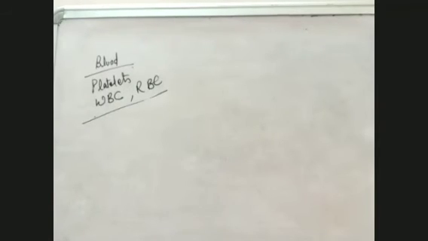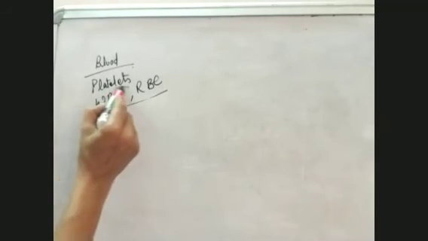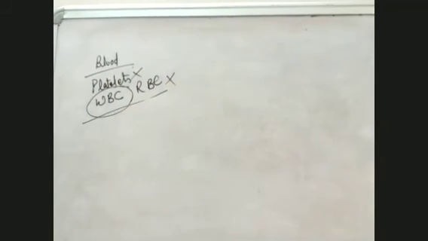Yes. Why WBCs? Why not RBCs and why not platelets? It has nucleus. Yes, because only WBCs have nucleus. They do not have nucleus. And DNA can be obtained from the nucleus. So only WBCs have nucleus, and from the nucleus we will obtain the DNA.